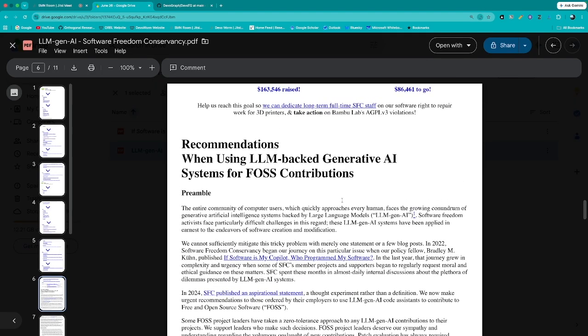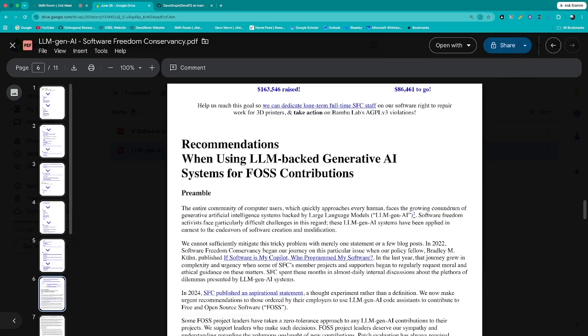And these are the recommendations. And this is, again, the Software Freedom Conservancy, some sort of special interest organization that's advocating for software freedom. So the entire community of computer users, which quickly approaches every human, faces the growing conundrum of generative artificial intelligence systems backed by large language models.